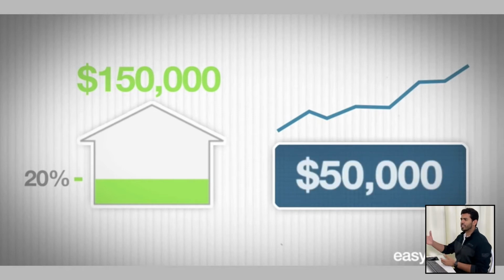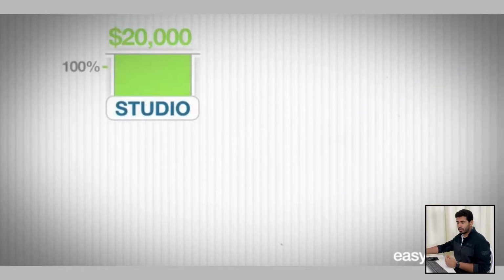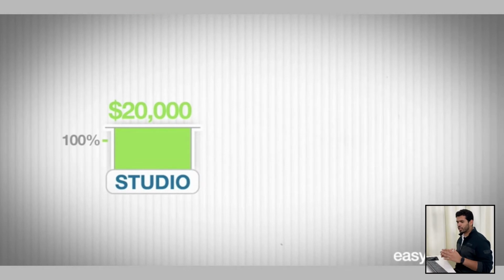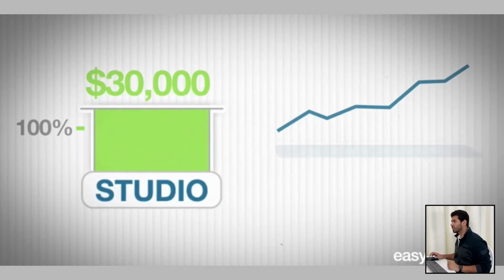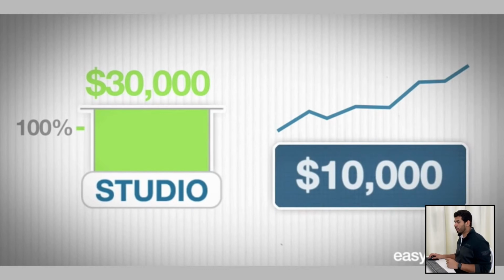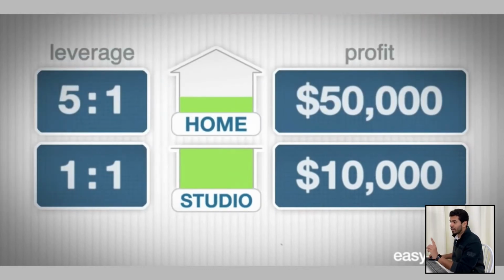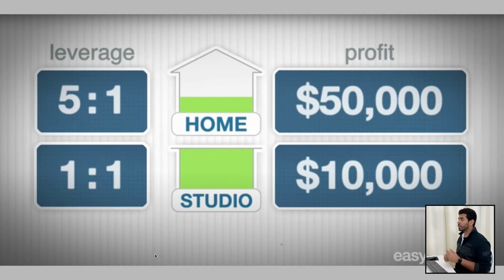Now, let's say that instead of actually buying a house worth $100,000, you use the $20,000 and put it in a studio. With a 50% increase in the capital amount, this amount, let's say, becomes $30,000. So you're making a profit of $10,000 here. So when you compare right now with just taking leverage, you're able to make a profit which is 5 times more than if you had invested your entire amount into one single studio. If you invested the entire amount into a studio, you would have only made a $10,000 profit.